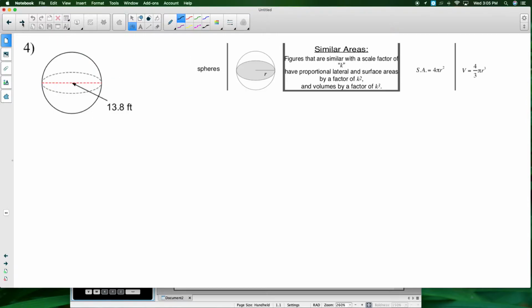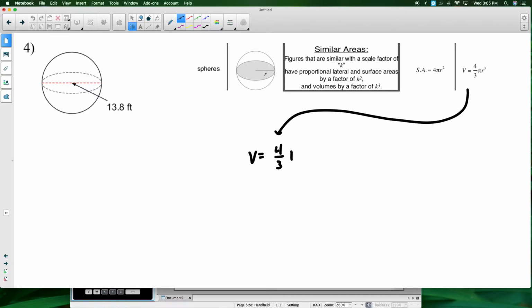Number 3. Our third example is actually going to be question number 4 in the homework. My goal is to do one of each type of problem so you can see it's basically the same thing we've been doing. We find the appropriate formula and plug things in. So the volume is